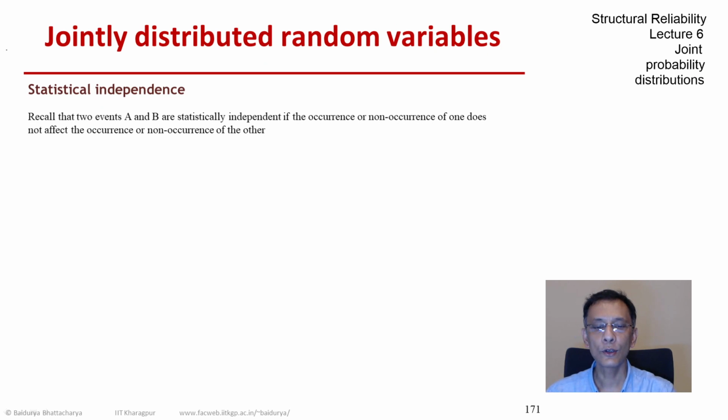The independence of random variables. Recall when we were discussing probabilities of events, two events were said to be statistically independent if the occurrence or non-occurrence of one did not affect the occurrence or non-occurrence of the other. So we take the same concept to defining the independence of two random variables and ensure that happens at all